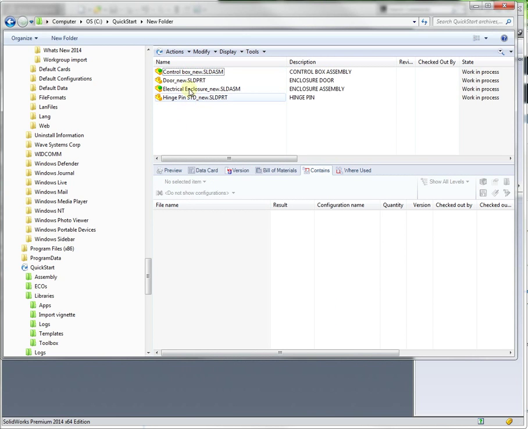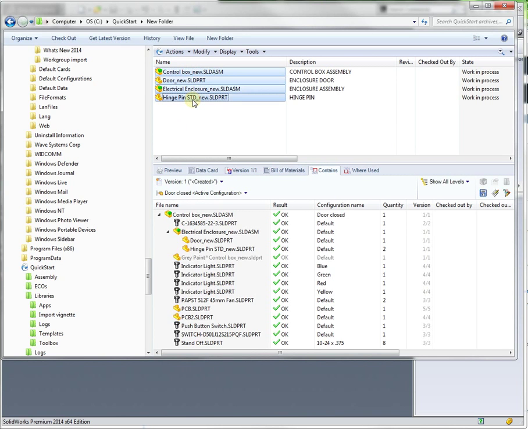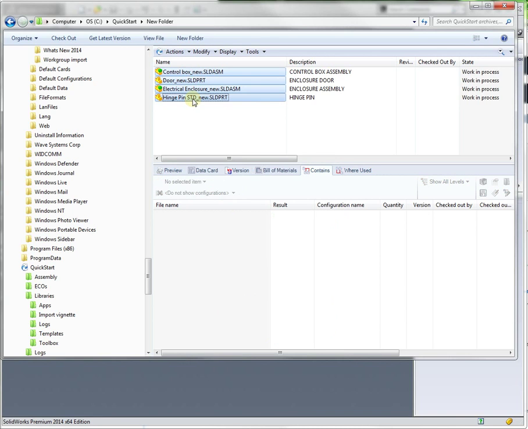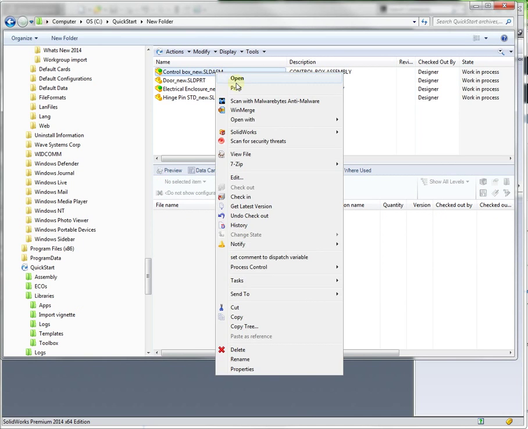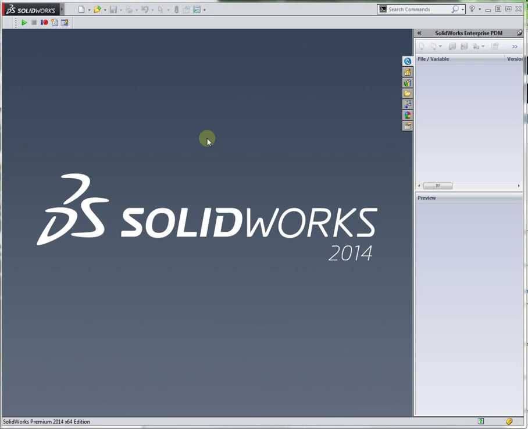Let's check this out. Check out all these files actually, because the next thing we do is going to make some changes internally, so we want to be able to save those changes. Get all those checked out. Now we'll open this in SOLIDWORKS,